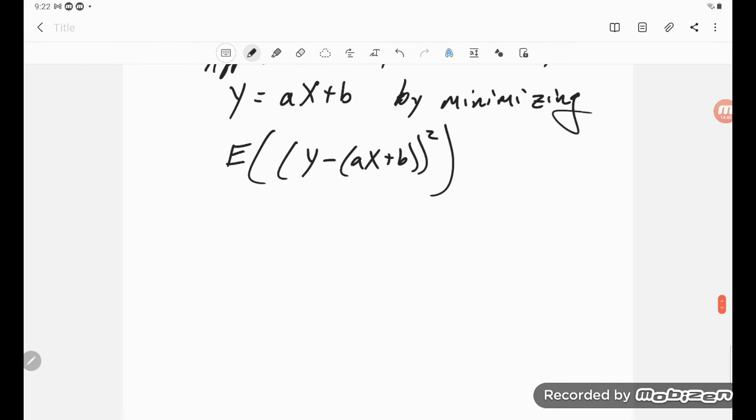Okay, now you can solve this. This just becomes a minimization problem, and we call it a least squares. And so if we do that either by linear algebra or calculus,